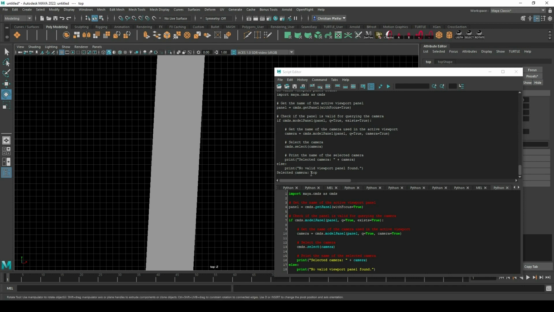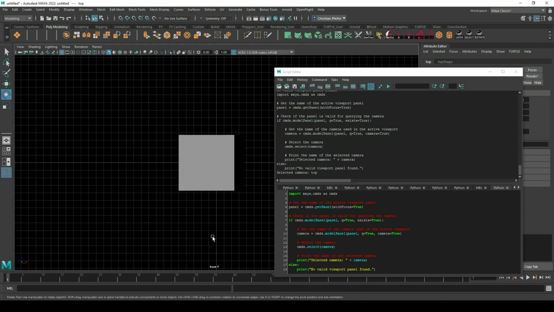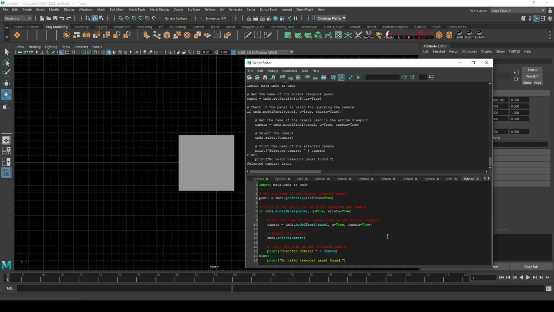Select the camera, it is the top camera. If I jump in here, we are now in the front camera, and I click rotate. It's not rotating, but it tells us which camera is selected. Okay, cool. So it works till here. That's perfect. Yes, also ChatGPT brings in a little